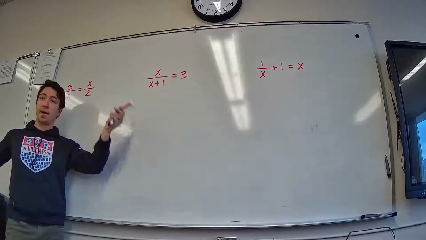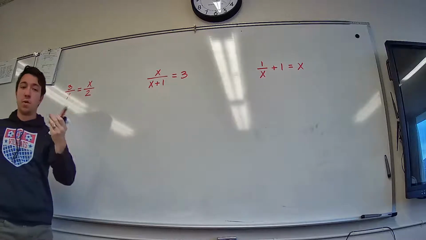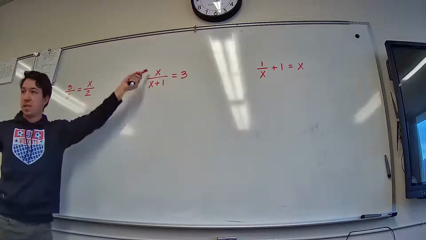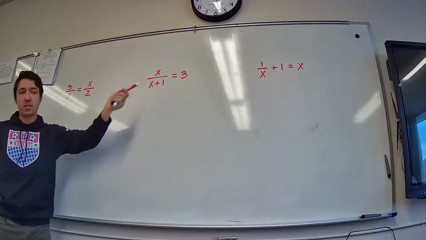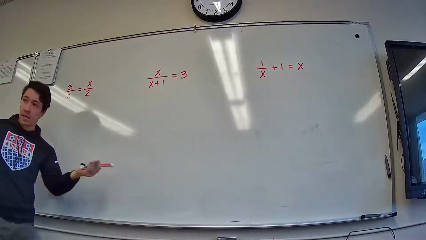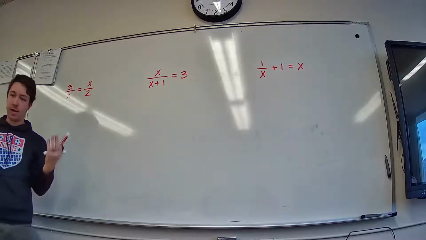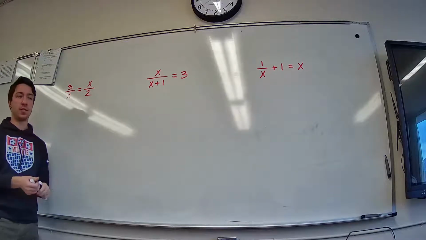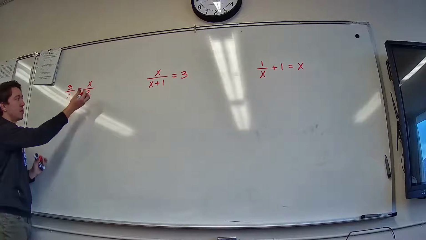The point I'm trying to make with this set of problems is that when you're dealing with an equation that has rational expressions, little fractiony expressions with x inside the fractions, sometimes they're very easy and sometimes they're more challenging. You have to build an intuition for how much work you should expect to do to solve the problem. So let's look at the first one.